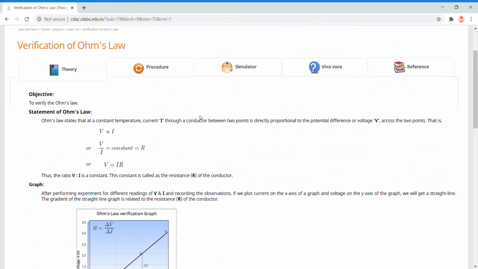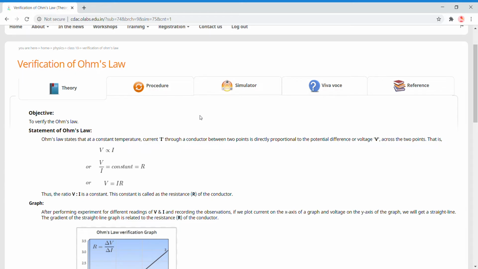And as you know, we are also doing the same topic in theory, so you also have the idea of what Ohm's law is, what the graph about Ohm's law is, and what the objective is. You can write all these things. And we can share all the details also, what we need to do on the left side, what on the right side. But today my focus is on how to perform the experiment.